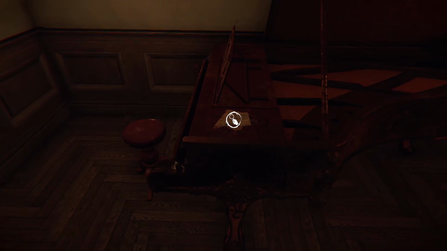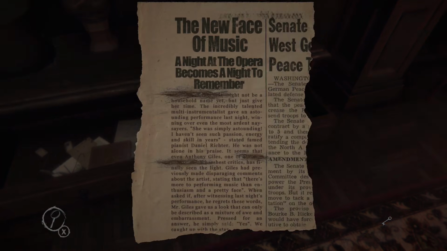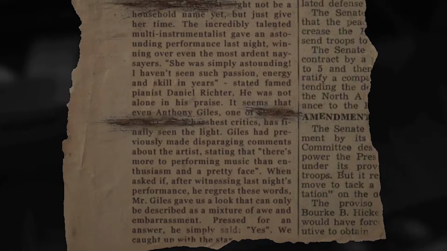We find the grand piano upstairs on the landing with some sheet music on it. This gives us our first indication as to what the wife does for a living. She's a musician, and on further investigation, she is a very talented musician, as seen in a newspaper clipping from the bedroom. She is also described as being pretty, although another letter written by the wife to her unborn child describes the wife as having a difficult character.